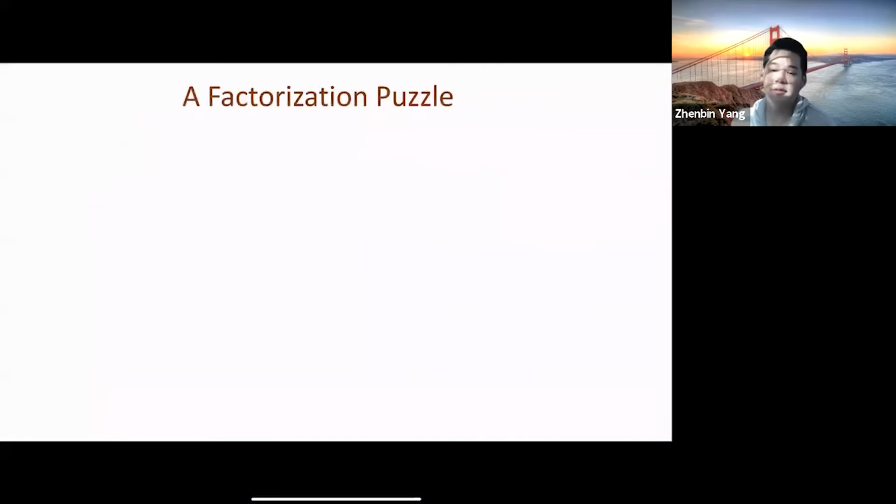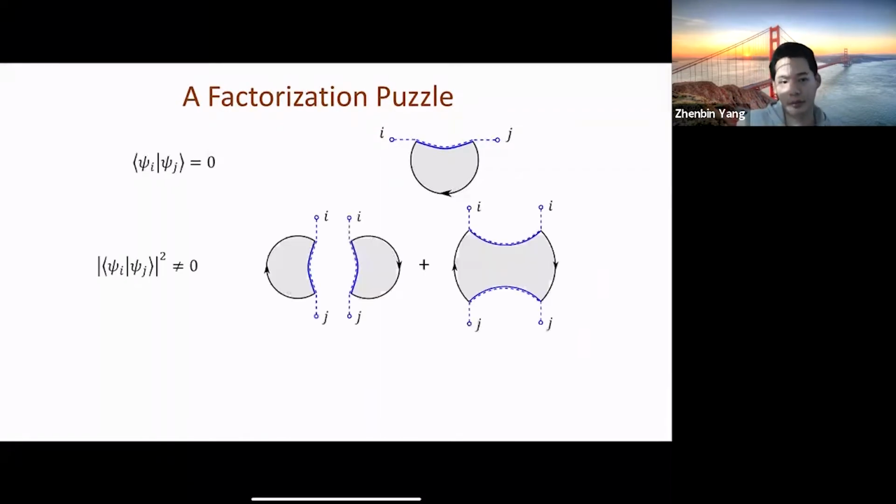As Raphael addressed clearly, there's a tension between this first approach and the second approach. In a true microscopic UV complete theory, these two approaches should give us the same answer. I will describe this as the following factorization puzzle, where in the first approach, we directly calculate